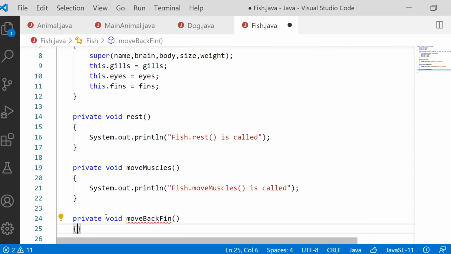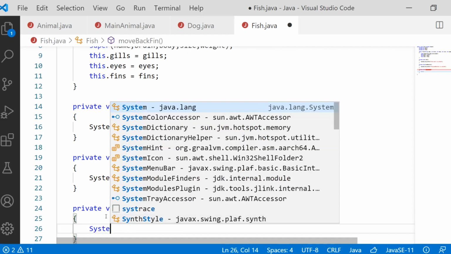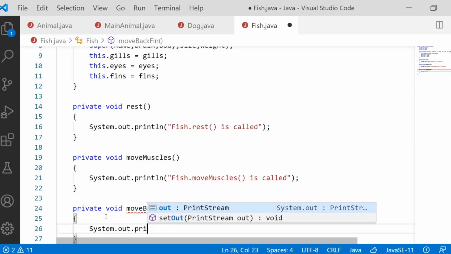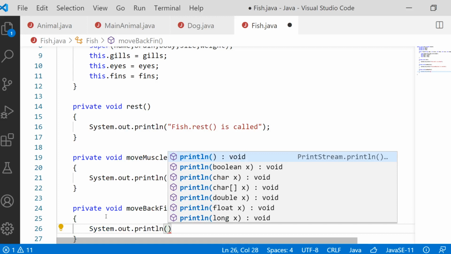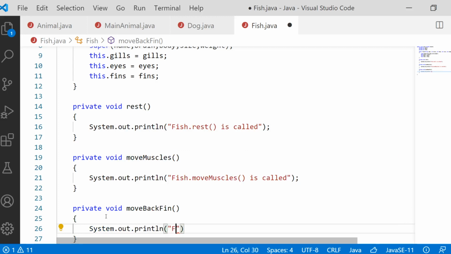And inside this method, let me call System.out.println. We will simply print fish dot move back fin method is called.